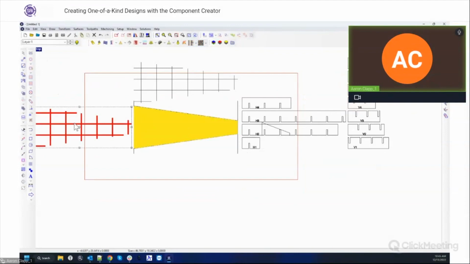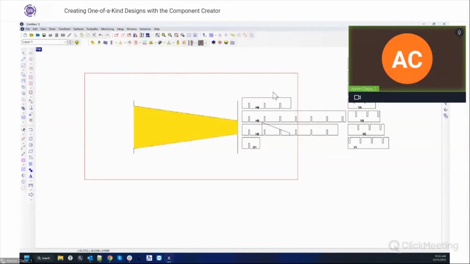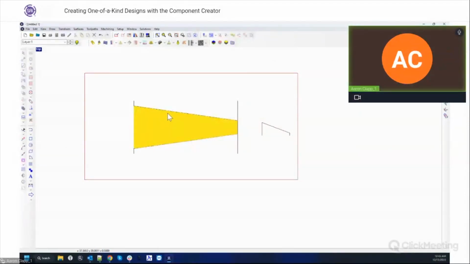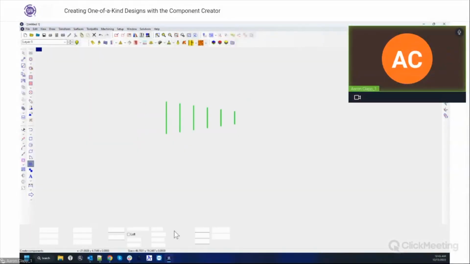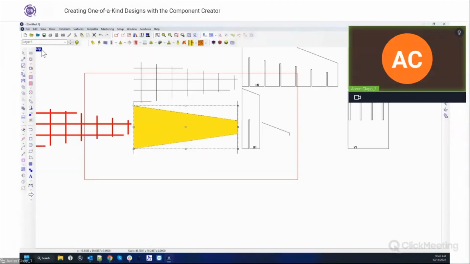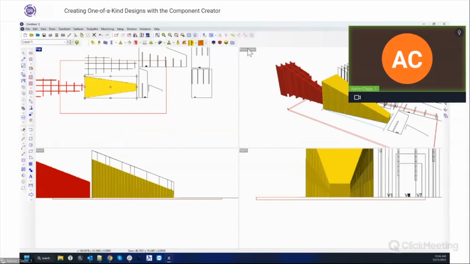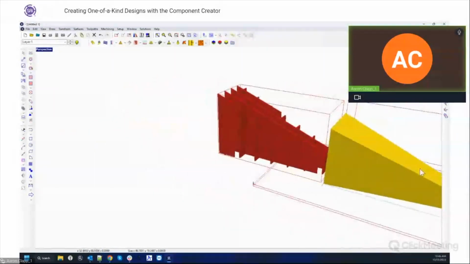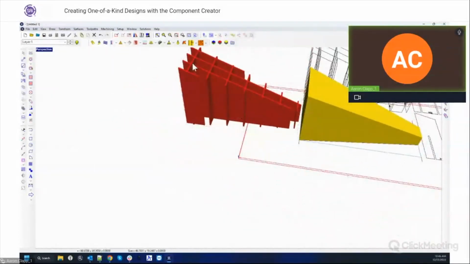So when you go to create this, you're going to want to make sure and check that box for loft. That's going to be the one that will give you the option for 3D. So if we check that option and then hit apply, when we go back into perspective, now we've got the same shape, same size,